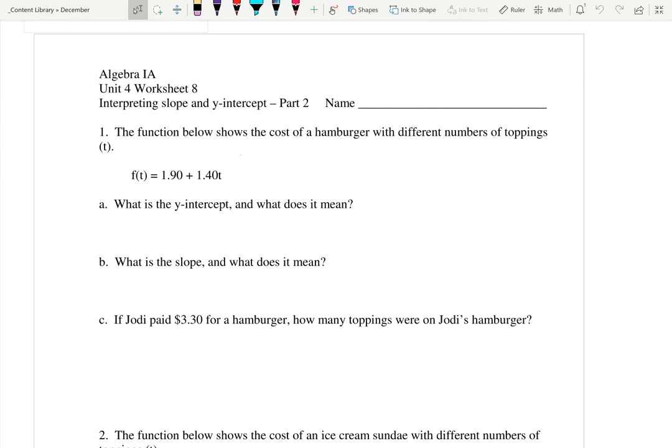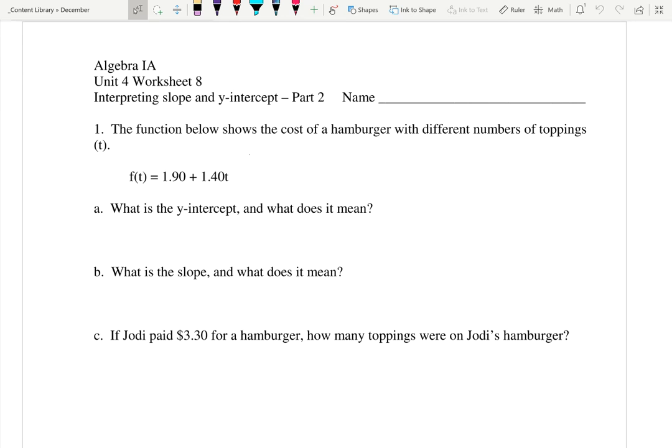Okay, so number 1, the function shows the cost of a hamburger with different numbers of toppings. F of t equals 1.90 plus 1.40t. What is the y-intercept? Now, right off the bat, it's not very familiar to us, but this is indeed written